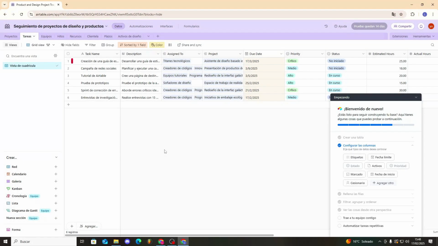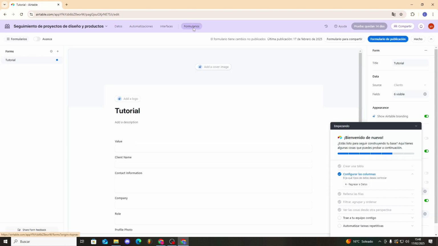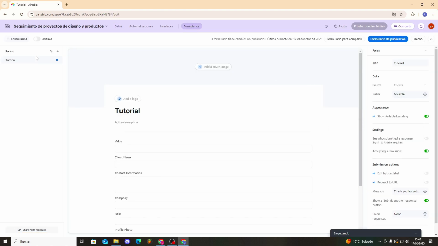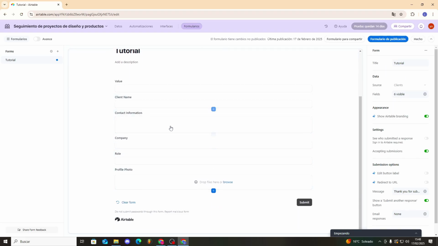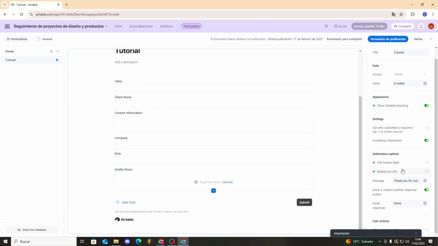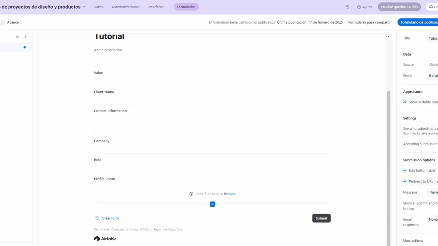A cool feature in Airtable is that we can create our own forms within the app. If we go to the forms section, I've already made one. We can create as many as we want. In this form, we can change the title, modify sections, and choose what's visible to collect info. We can set redirects to URLs, mail responses, and customize the form to fit the client's needs or the target